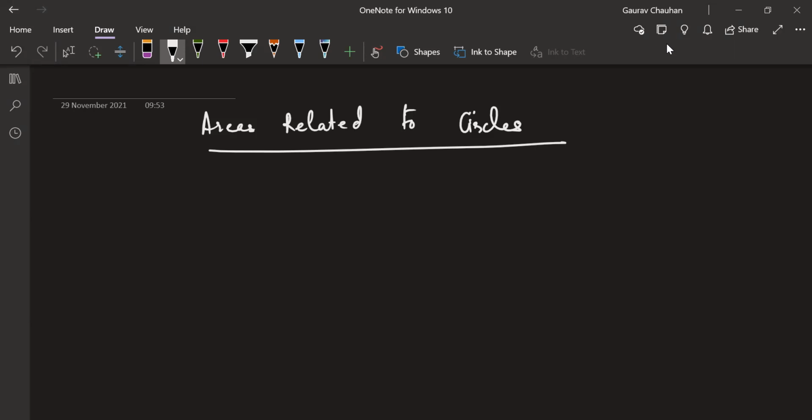Can we take down the chapter map as I draw it on the screen now? You write the heading of the chapter first, and then below that, on the first page, write the chapter map. Okay. So I'll just write ARC. You can write it fully. Okay. Areas related to circles.